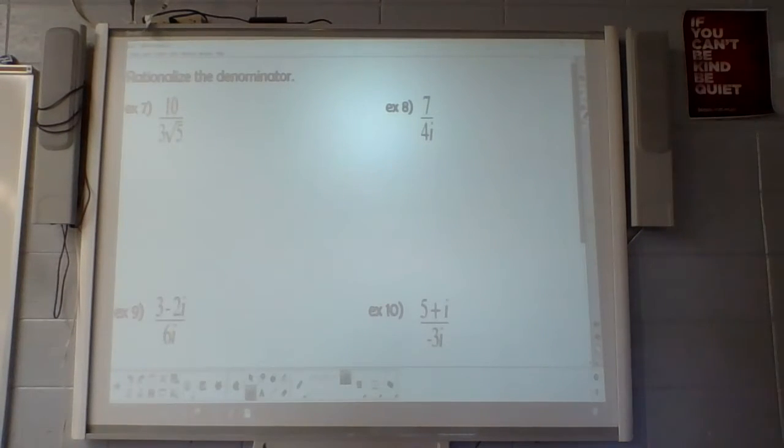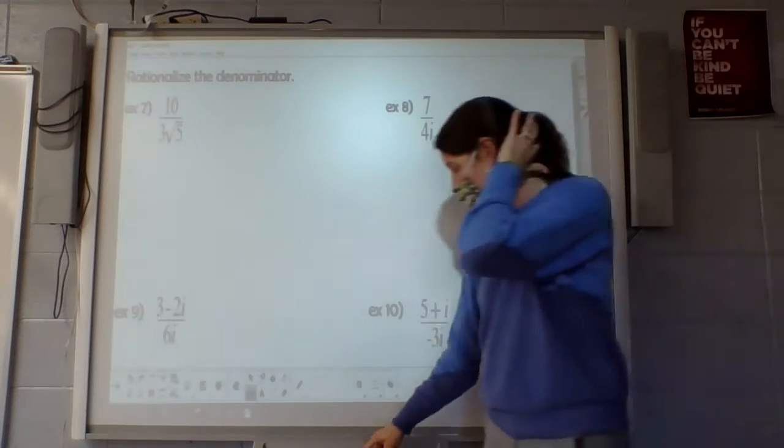and rationalize the denominator. That means we can't have a radical in the denominator, but there also can be no